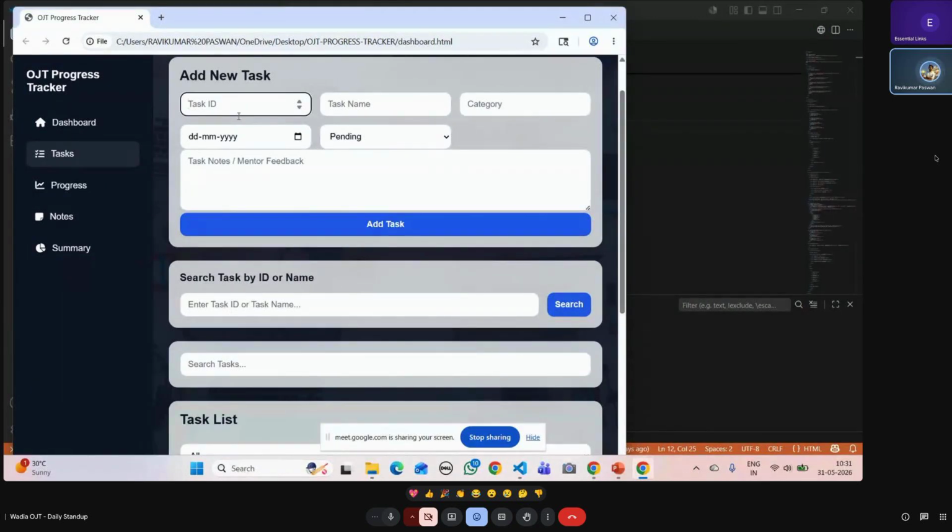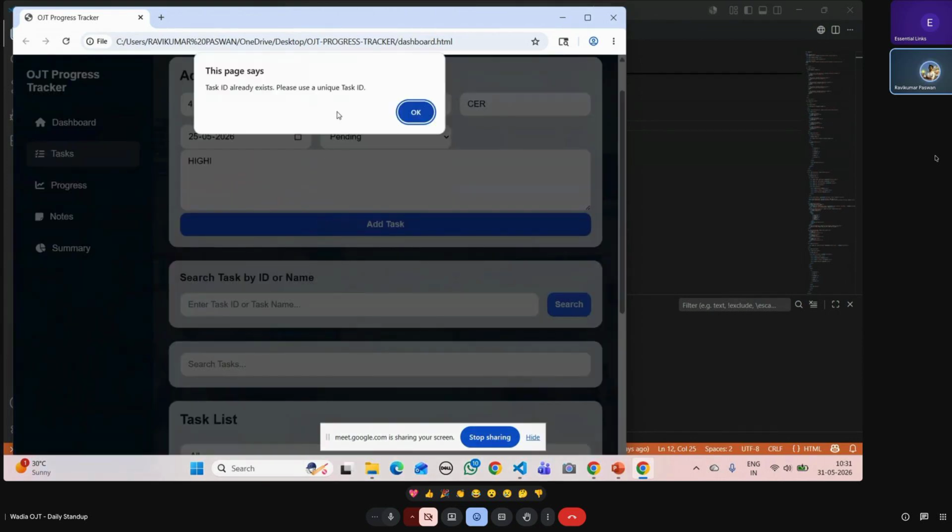Suppose I have already added task number 4 and try adding it again, it will show an error message: the task ID already exists, so you have to add a new task ID.